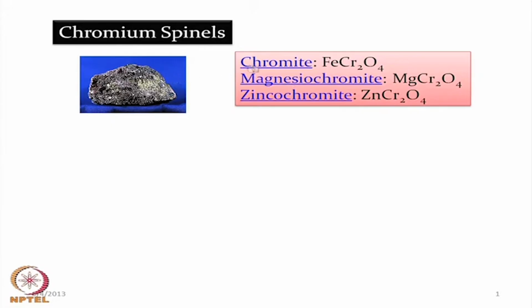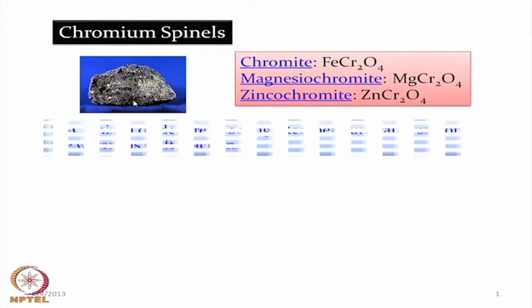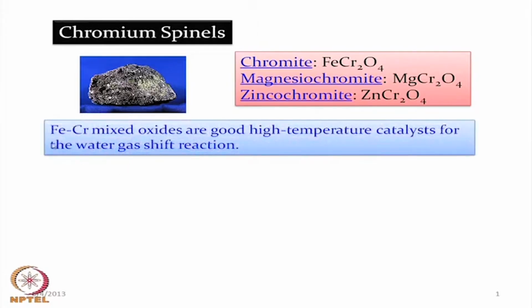This is the figure typical for the chromite ore that we can get from underground by excavation. This can be processed further for utilizing it as a mineral. It looks like a shiny mineral-like structure. When we have iron and chromium mixed oxides, they can be utilized for some